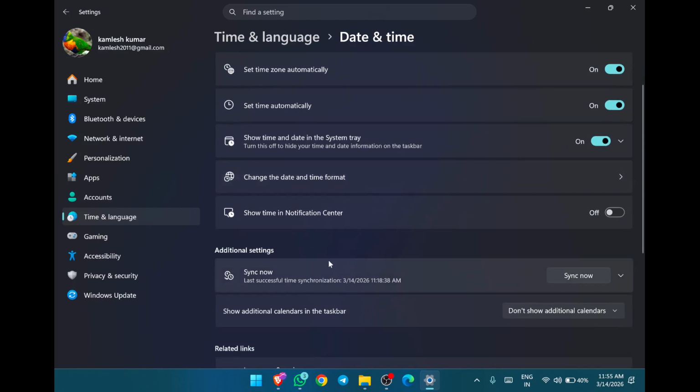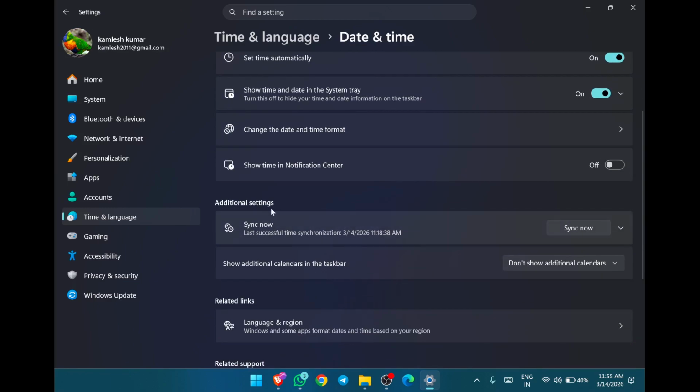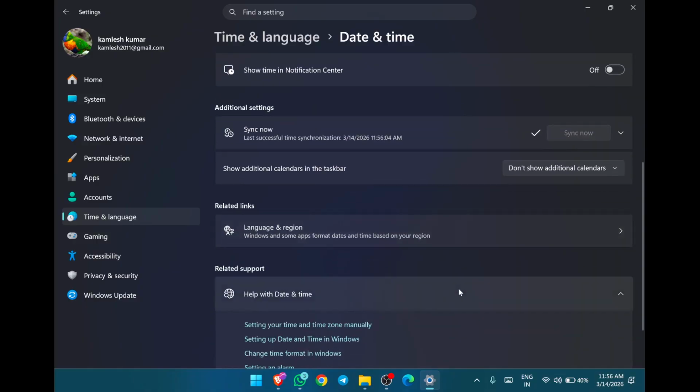After that, scroll down to additional settings section. Here you will find sync now option. Click on the sync now button to synchronize date and time with its Microsoft server. In case it is still showing wrong date and time,